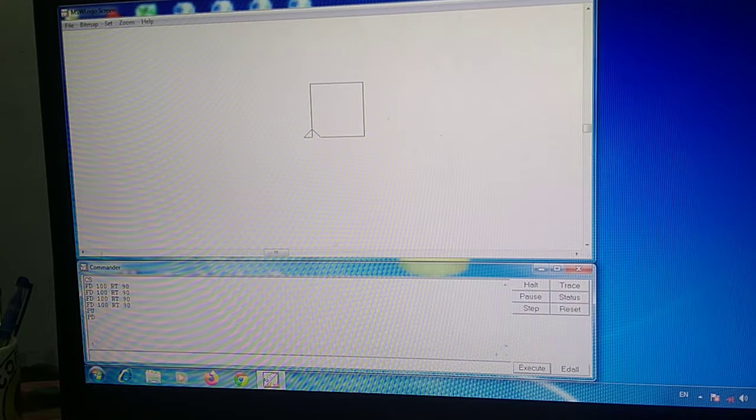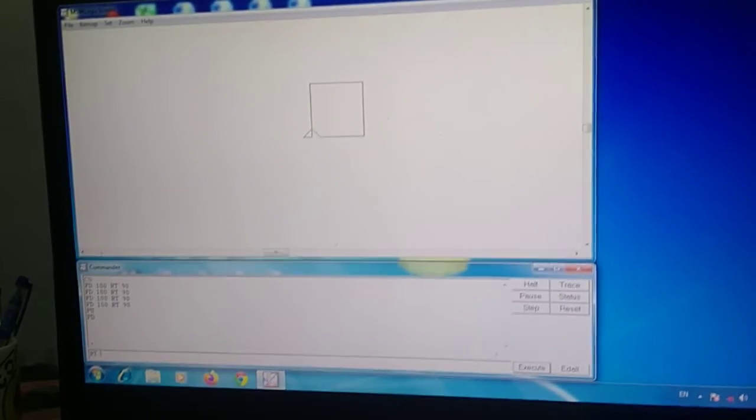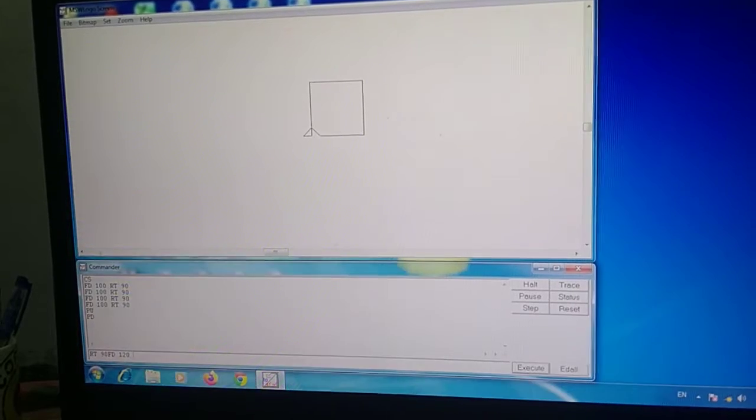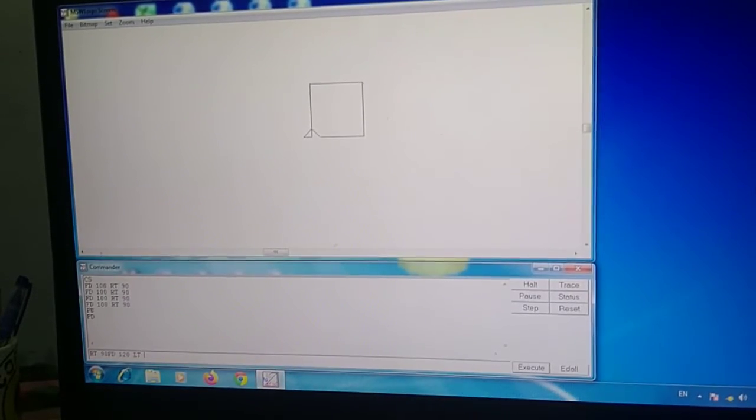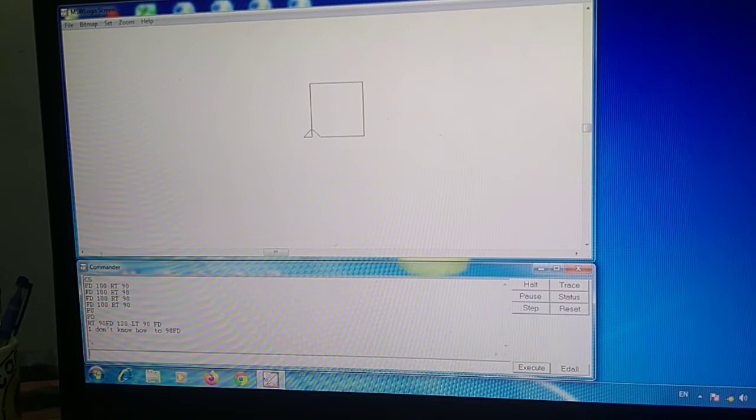See the commands which I am typing, how you have to use the PU and PD commands. I have used the PU command. Now your PD command. RT 90, FD 120, LT 90 and your FD. This will be your PU and PD commands.